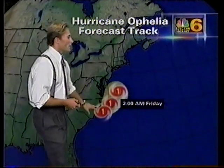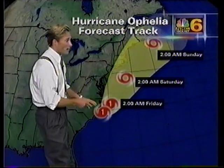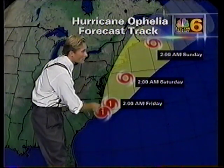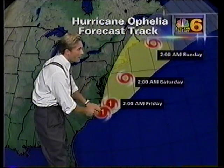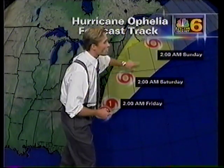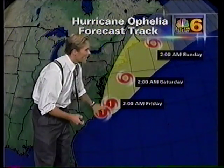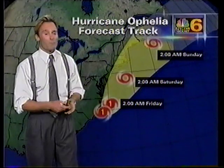And here is where it wants to go. What I really want you to notice here, for the poor folks around the Carolinas, look at how much it moves from now until 2 a.m. Friday. Barely a drop. It's from Friday to Saturday, from Saturday to Sunday. Those are the sort of clips that you hope to see out there. The thing gets on its horse and it's moving, but this is just unbearable. They're probably going to be